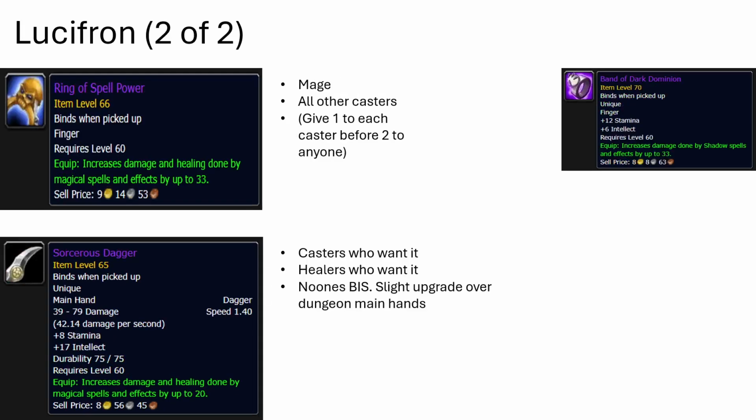Moving on. Lucifron, Ring of Spell Power. So this is everyone's BIS during Molten Core or BWL. Every caster would want 2 of these as their BIS. It's just that good. However, I do think mages should have priority over every other caster, in that looking at the next phase,